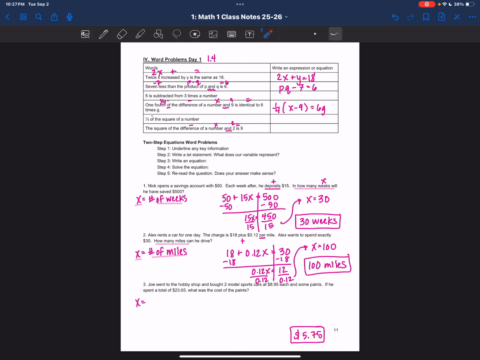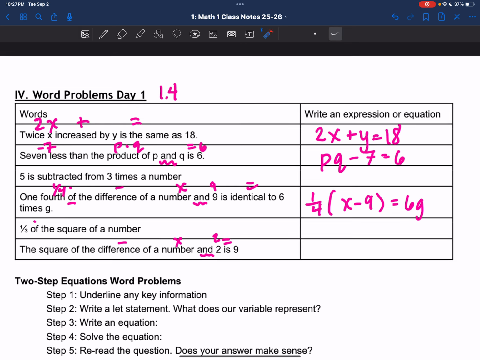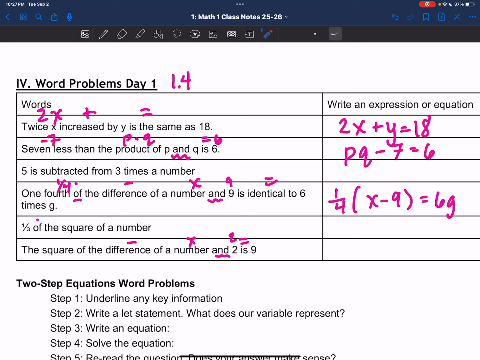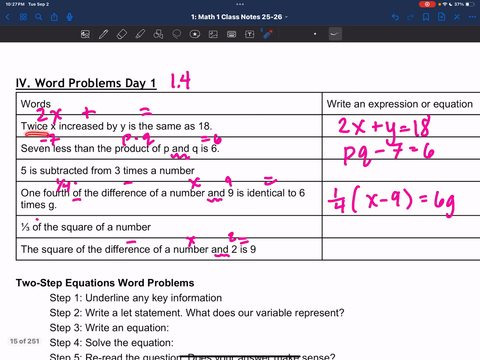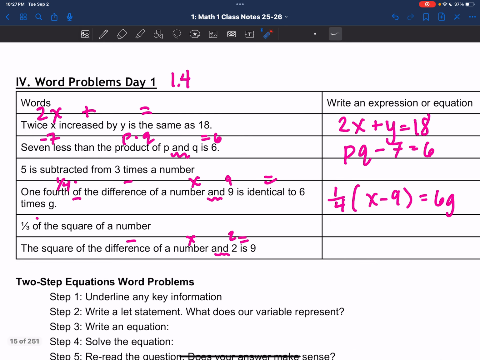All right, today we're going to be talking about translating word problems, solving word problems, and consecutive integer word problems. So let's start with our translating. This is like speaking another language, so you want to make sure that when you're translating, you're reading it carefully. So if you have twice, you're going 2 times something. So twice x is 2x,